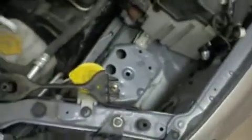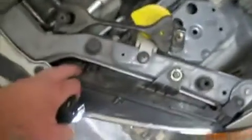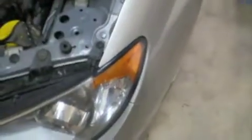Hold on, let me grab the flashlight. Okay, so I'm highlighting a bolt right down there. Pull that one off. Now the best way to do that is to have that one, and that one, those bolts out, so you can actually pull this out a little bit, and then you can get access to that one bolt down there. Pull it out, come around here, start tugging. She'll come out. And then of course you got to unplug it,